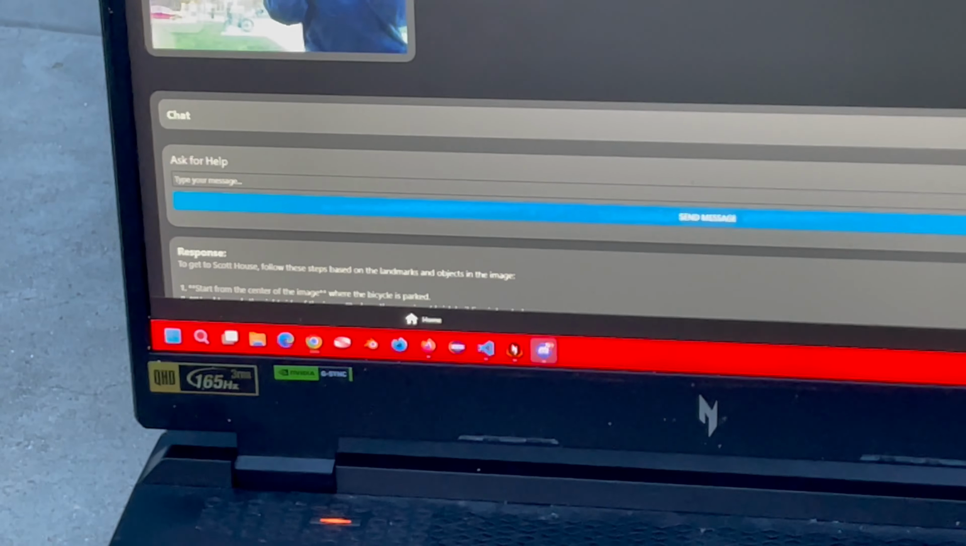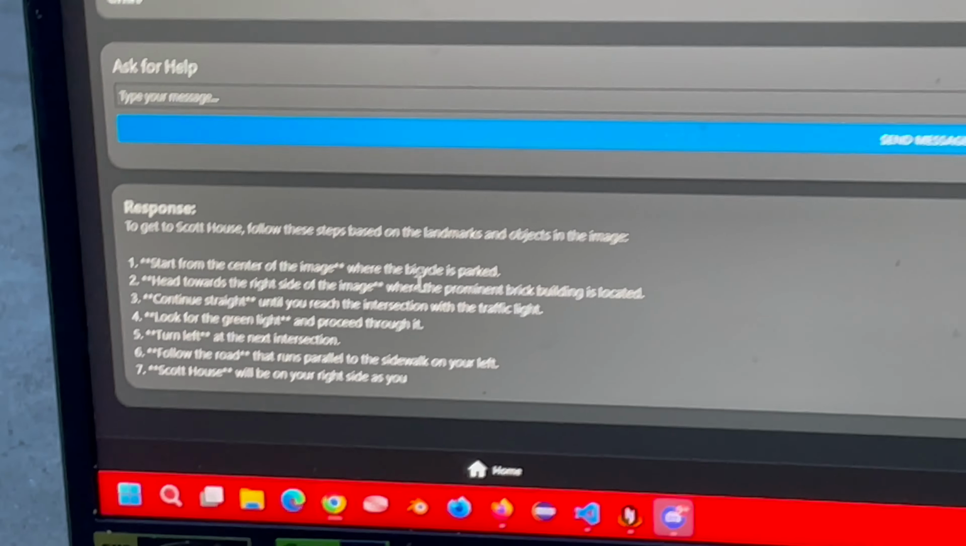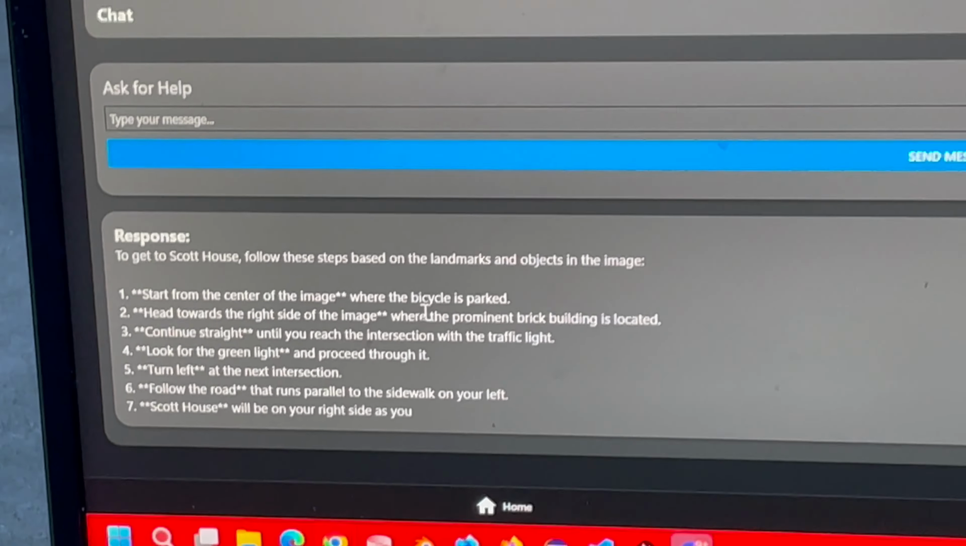And we have WSL. And the output, as you can see, says those instructions on how to get where you want. And if we pan around,